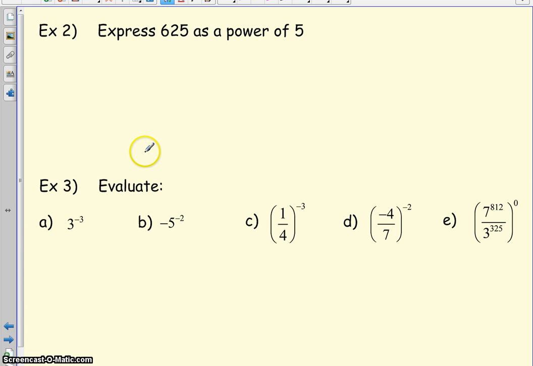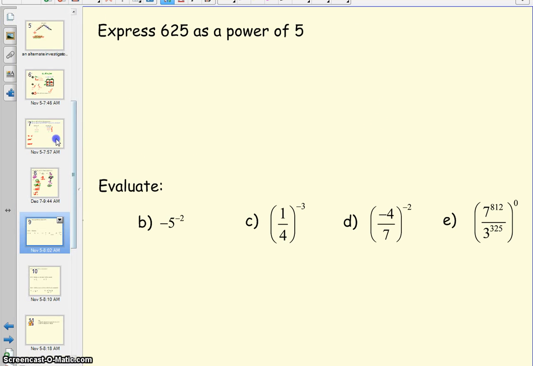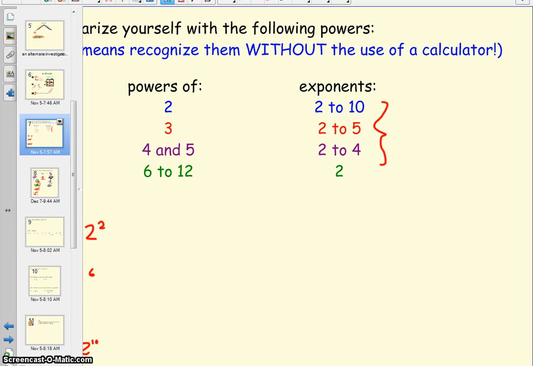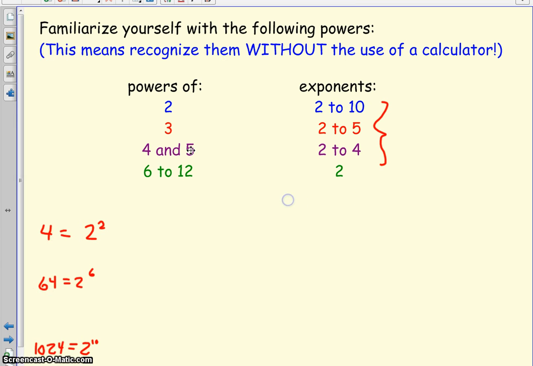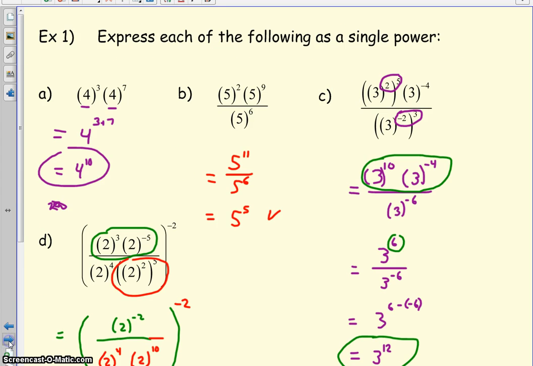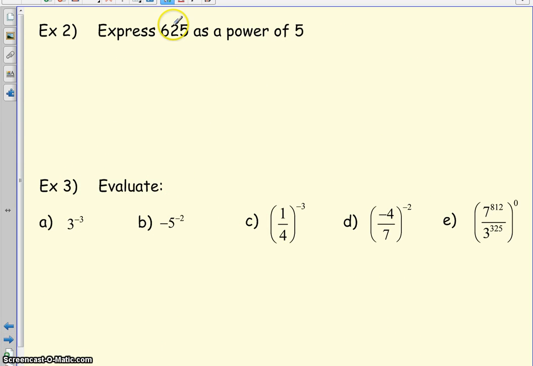So 2 tells us to express 625 as a power of 5. This is one of the reasons I wanted you to be familiar with a lot of different powers of some of the common bases you're going to see, because if you're expressing as a power of 5, you know that 5 to the exponent of something is going to be equal to 625. Okay, and if you don't recognize that this is 5 to the exponent 4,